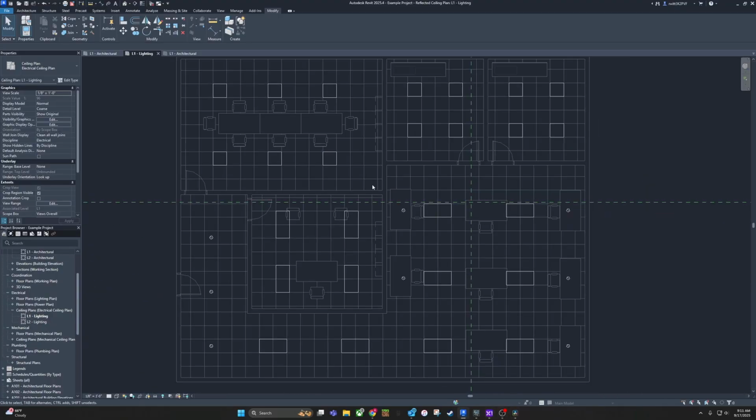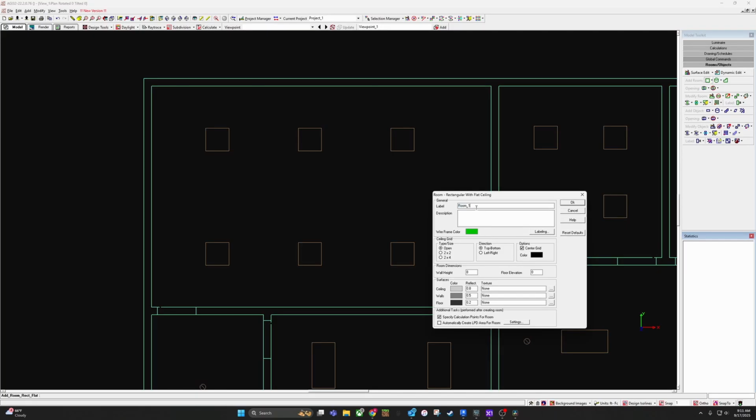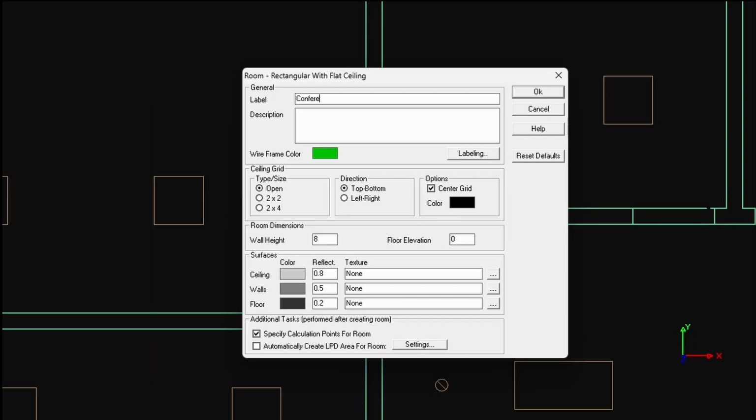And also all of these ceilings are at 9 feet. We have the AGi32 ceiling. So we call it the reference room. You can add in a ceiling grid, but we don't need to in this case. 9 feet tall. For the surfaces,